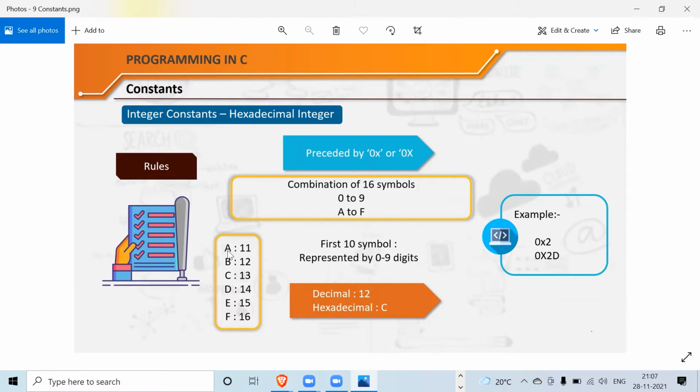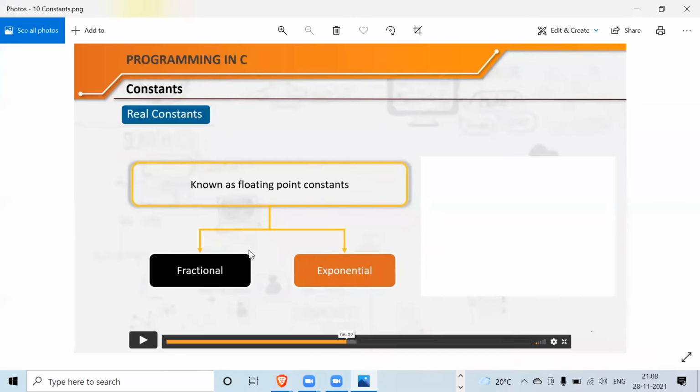In the same way, A is the 11th one. A comes at the 11th place. But the value of A is 10. If the number system started from 1, A would have been 11, because 1 to 10 and then this would have been 11. But here the value is 10 and its position is 11th. It is the 11th character in the hexadecimal system. Okay, I will just move ahead now.